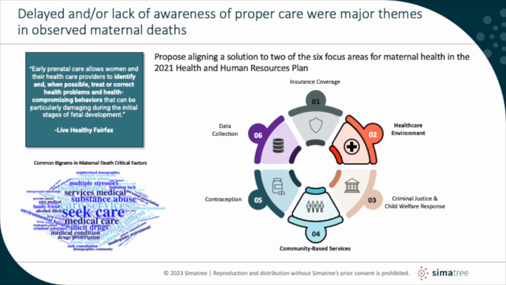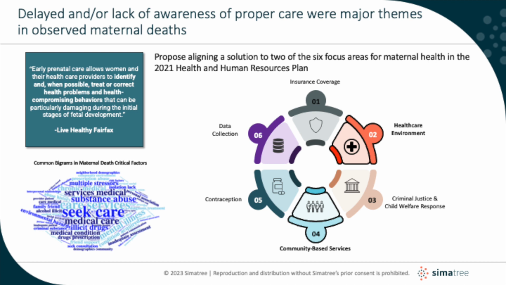Recent rises in maternal mortality in the state of Virginia represent a significant opportunity to leverage data to improve outcomes in the state. We performed a qualitative and quantitative review of information we could find regarding maternal mortality. On the qualitative side, we reviewed recent reports and publications to understand the factors and trends that contribute to maternal mortality. Through a quantitative review of data on MMRIA critical factors, we uncovered a common theme of needing to seek care and failure to get to needed care in time.